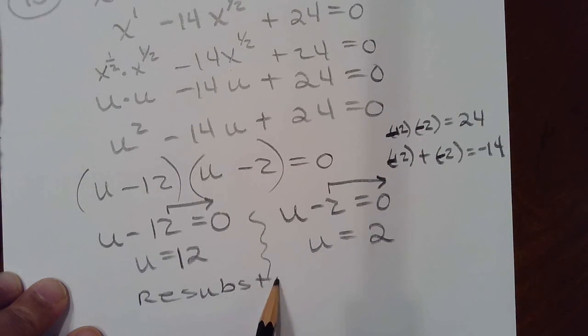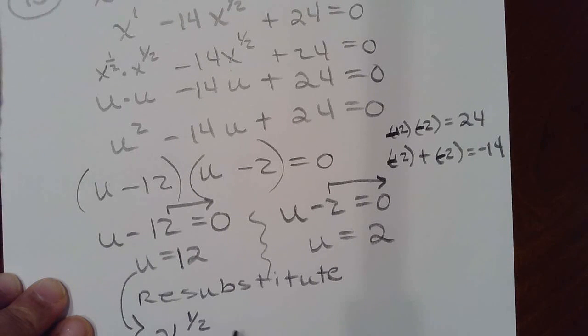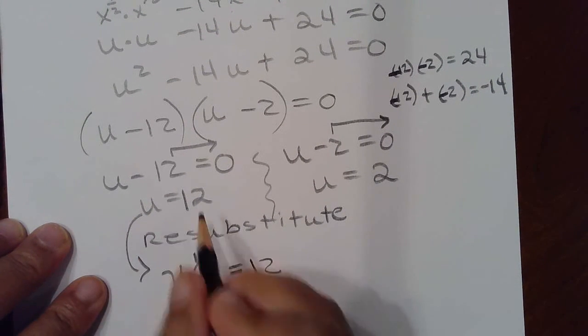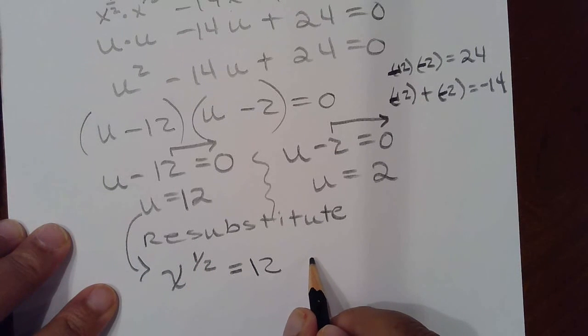This is going to cut off any minute, but I can continue it in the next video. So re-substitute, u is the same thing as x to the 1/2, which is 12. U is equal to 12. Here's my U. And then the other